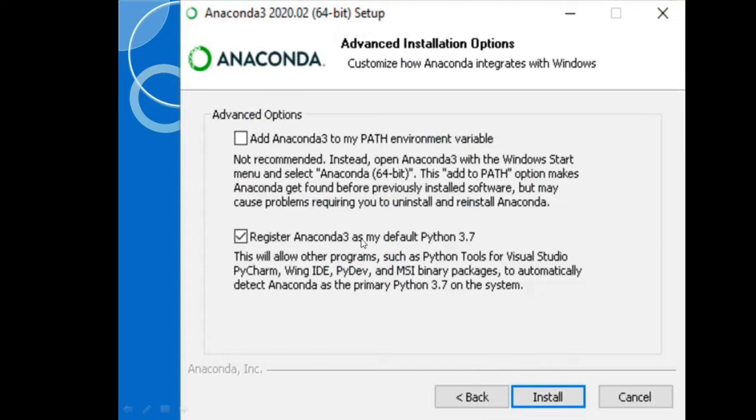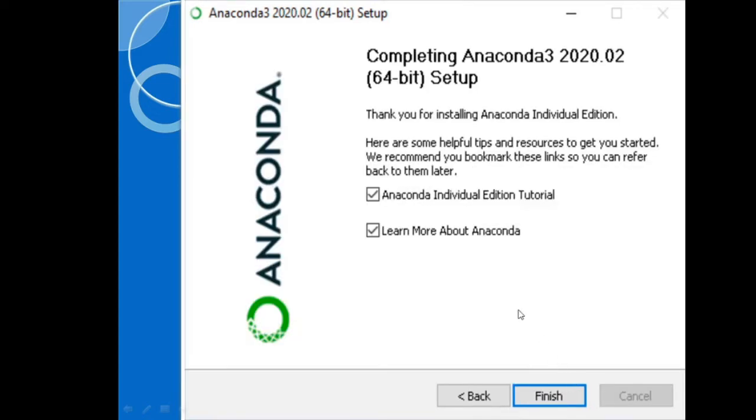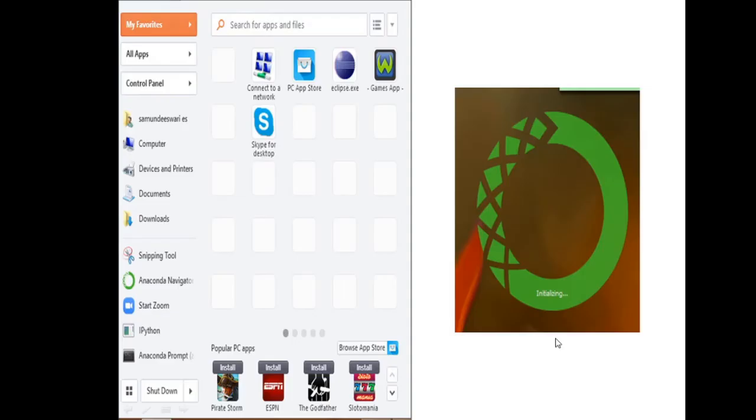Here you have got two options. Either you have to add Anaconda 3 to the path environment variable, or register Anaconda 3 as my default Python 3.7. This is not advisable, but you can go for this register Anaconda 3 and then click install. It will be the last screen, and you can just give the finish button.